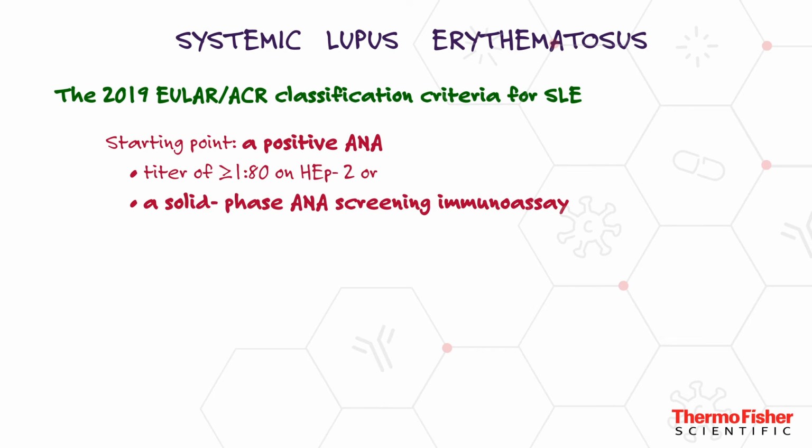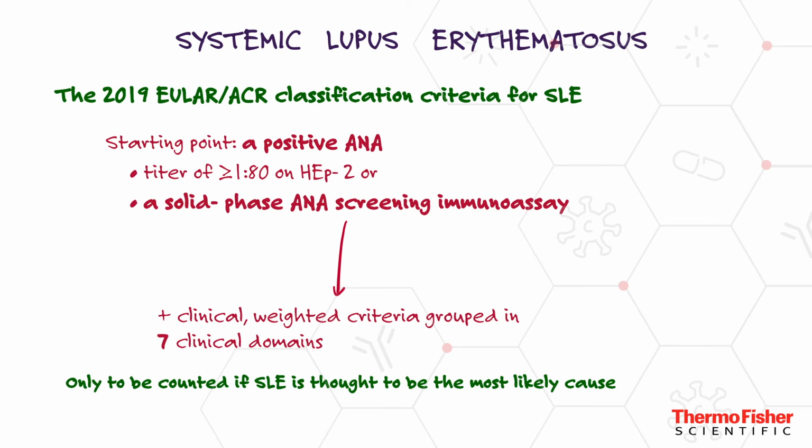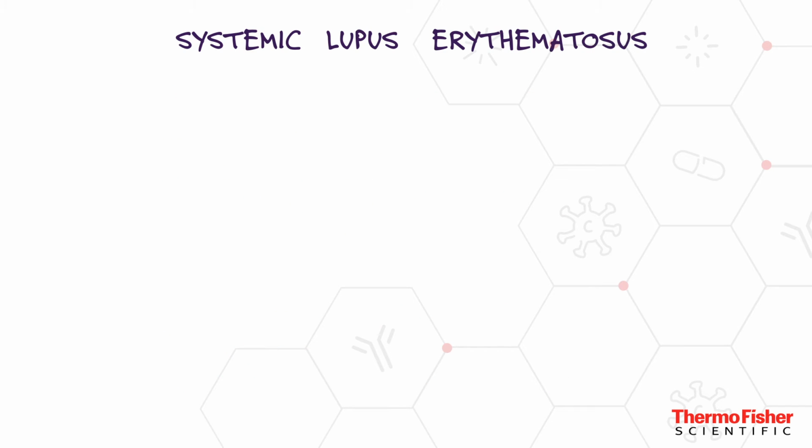In addition, clinical weighted criteria grouped in 7 clinical domains are included. The concept that all criteria are only to be counted if SLE is thought to be the most likely cause of the manifestation, which means no other more likely cause exists, is central to these new EULAR ACR criteria. The 7 clinical domains are